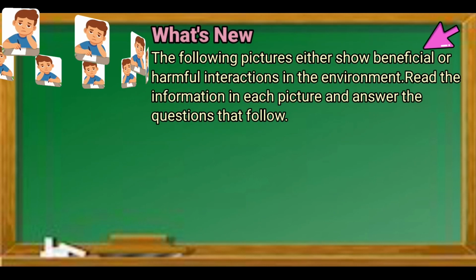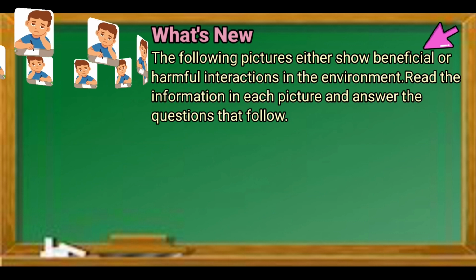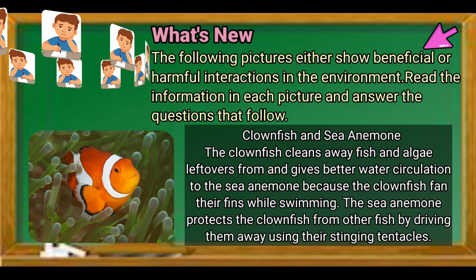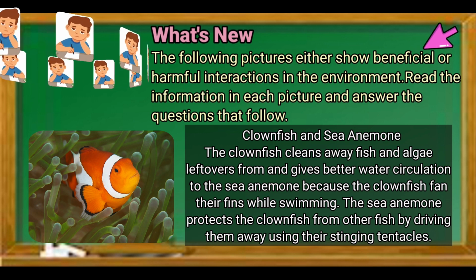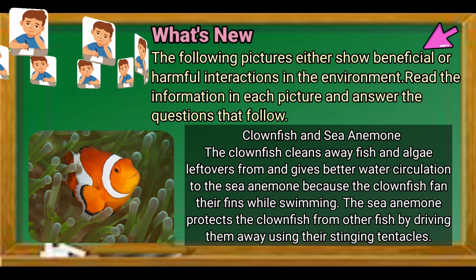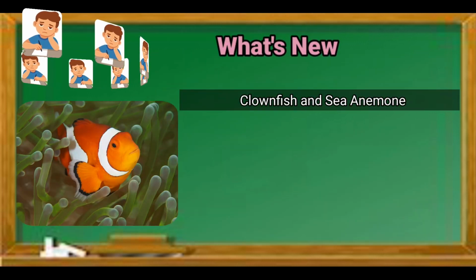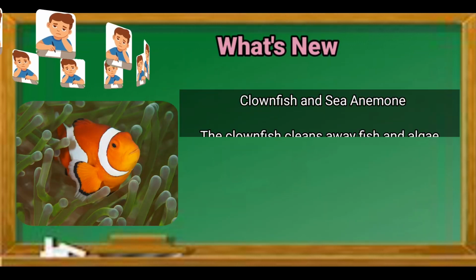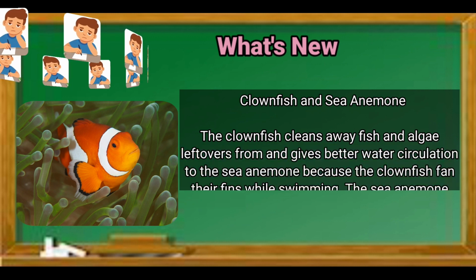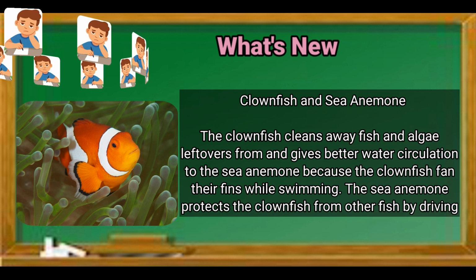For what's new, follow these directions. The following pictures either show beneficial or harmful interactions in the environment. Read the information in each picture and answer the questions that follow. Clownfish and sea anemone. The clownfish cleans away fish and algae leftovers from, and gives better water circulation to, the